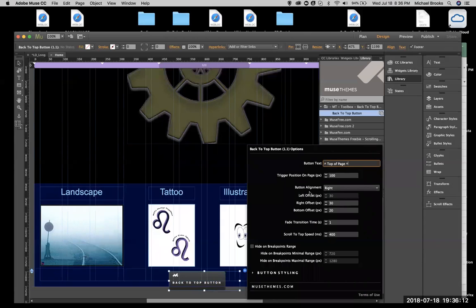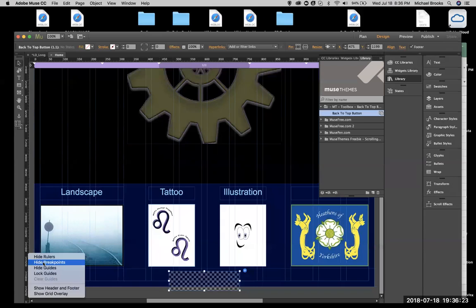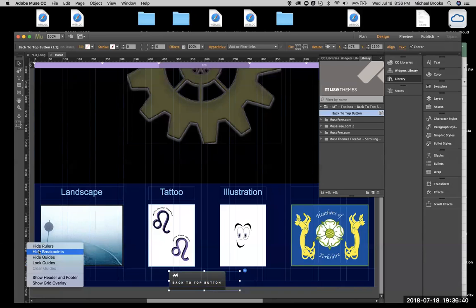Trigger right, left, offset, offset, fade, transition, scroll, hide on breakpoints, range. Now, this, we're putting breakpoints going sideways too now. But that only hides them. That doesn't let you put one in here. Notice that? Mm-hmm. All right, so